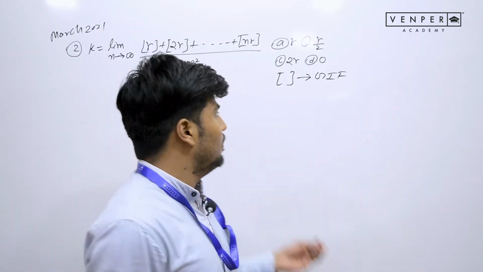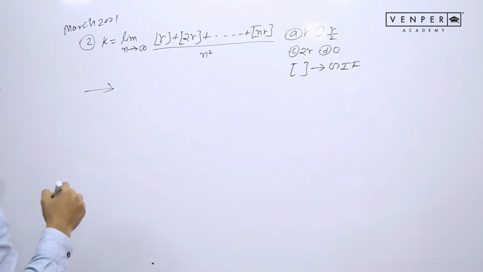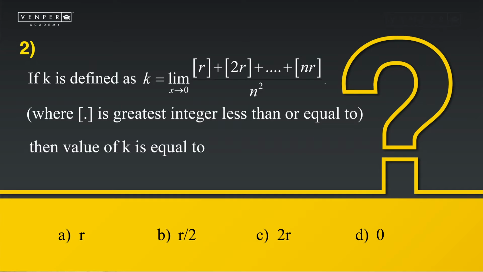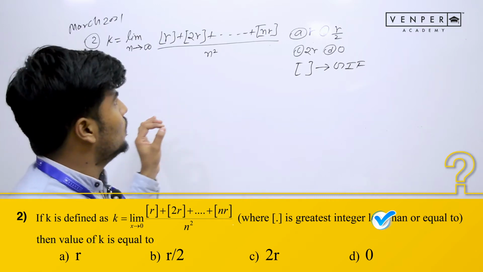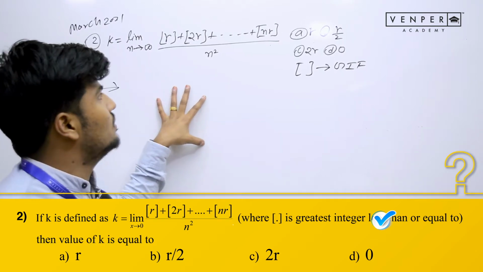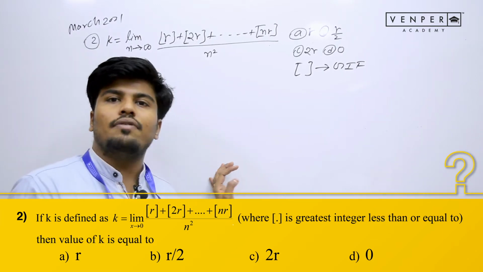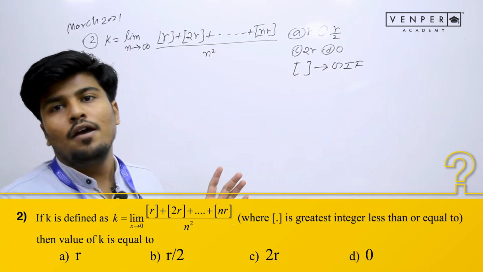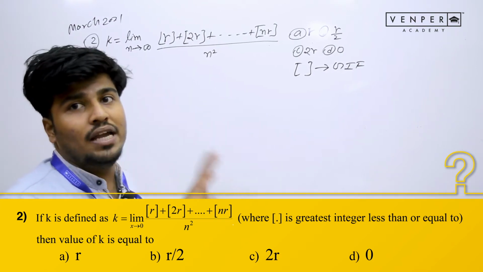Let's take a look at this problem of the same JEE 2021. This question is a standard sandwich theorem question. So many questions of this kind we have discussed in our classroom, and how to approach them has already been discussed. In the classroom we discussed the sandwich theorem approach as well as the shortcut. So now here I will prefer the shortcut. Why will I prefer the shortcut?